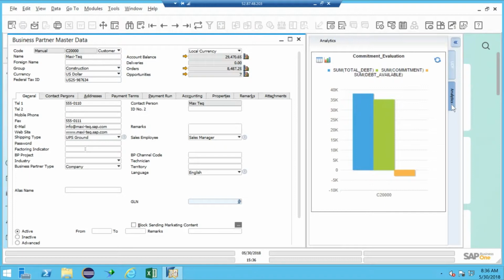And we can have one or several analytics charts, graphs, little reports show up here as we like. Now, the one that's on the screen is something called commitment evaluation. Now, you may not be familiar in SAP Business One, but if we take a look at the Payment Terms